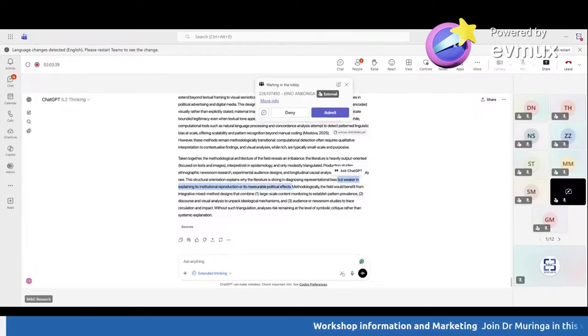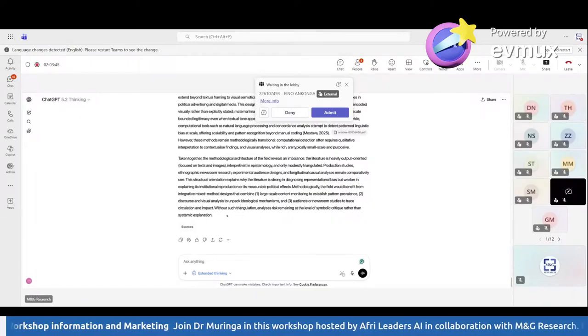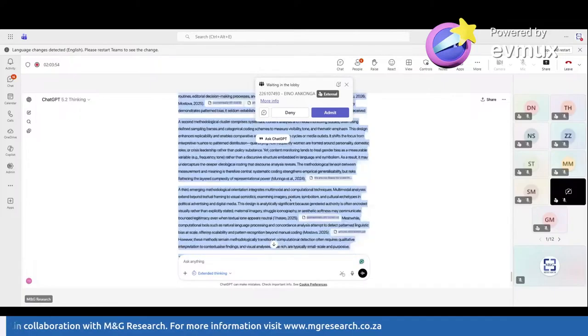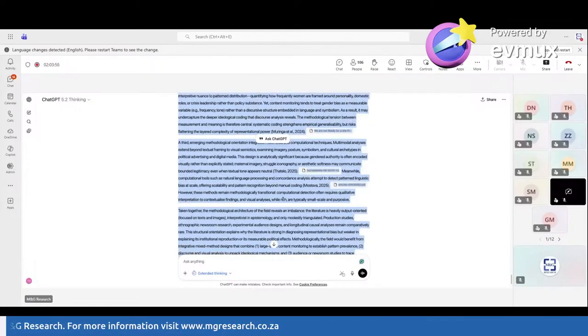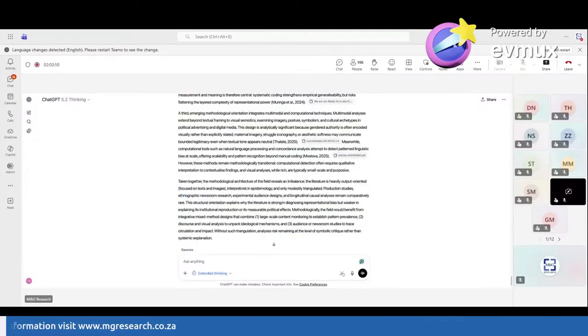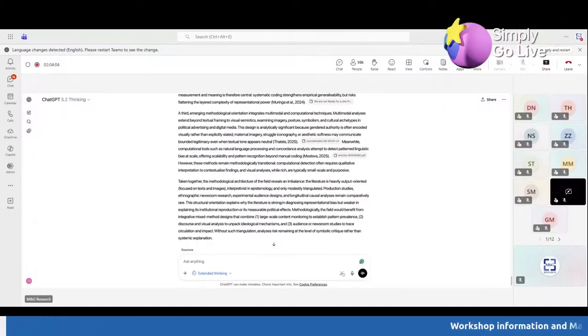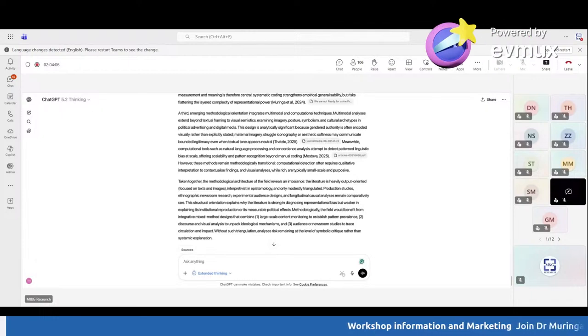Methodologically, the field would benefit from, number one, mixed method design. So when you have come to this point, ladies and gentlemen, this is where you know that you've done justice to your literature review. When you are synthesizing and reporting the literature like this, in this manner, identifying gaps not by looking at what this one argued or found only, but when you are looking at the thematic structure, the key themes that are there, the key concepts that are there, the key methodologies that are there,